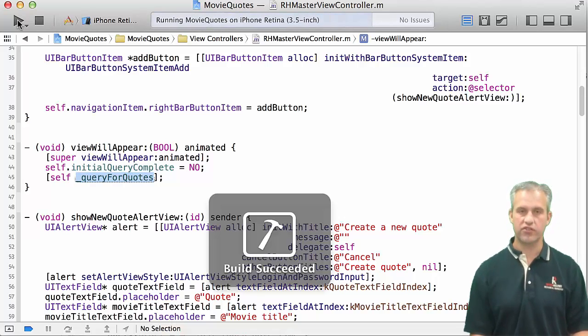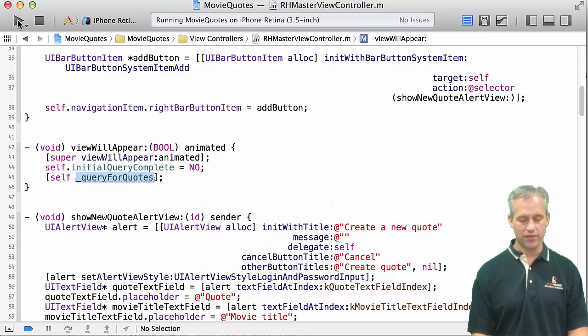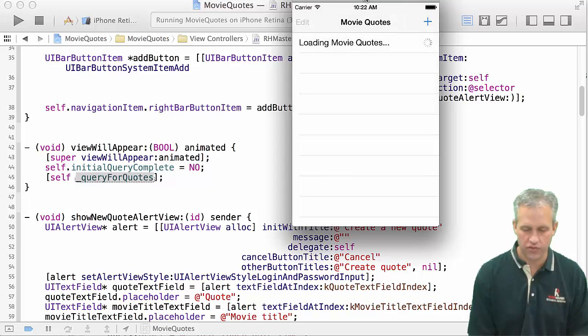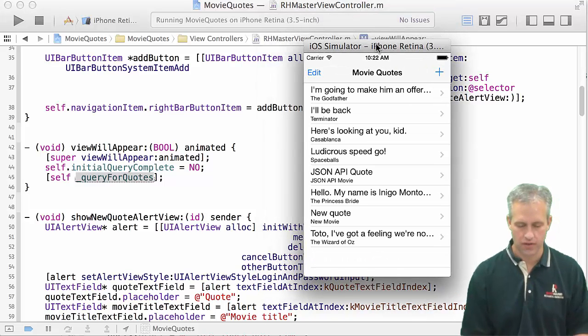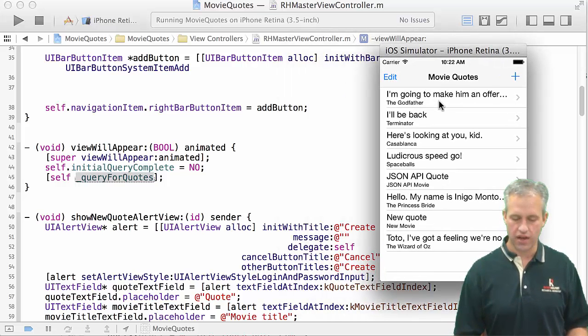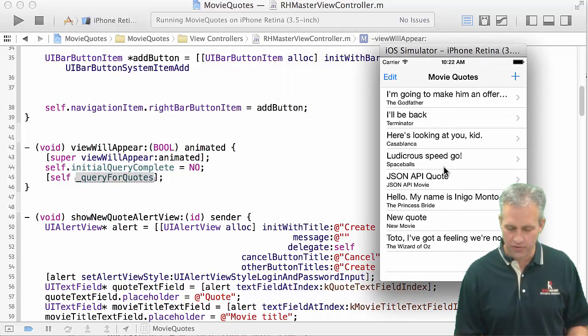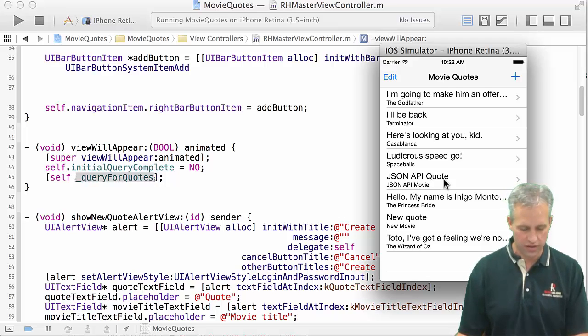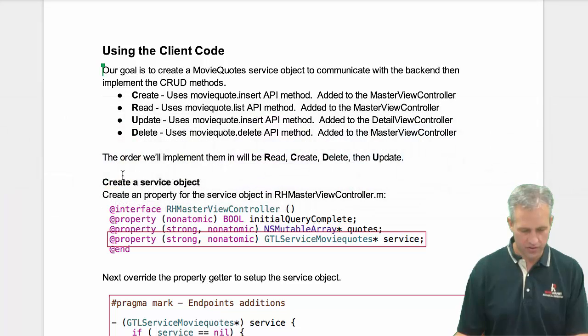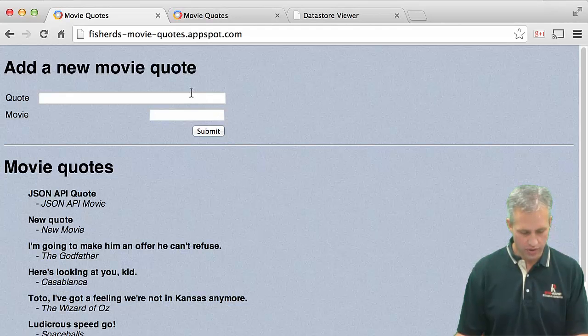To be honest, there's a chance that something will happen now, so let's go ahead and give it a whirl. If you run it, it should pop up your simulator. And sure enough, mine pops in with a bunch of quotes. I'm going to make an offer you can't refuse. I'll be back. This is cool. These are good things. Let's go ahead and see if this matches. It obviously should with what is on my